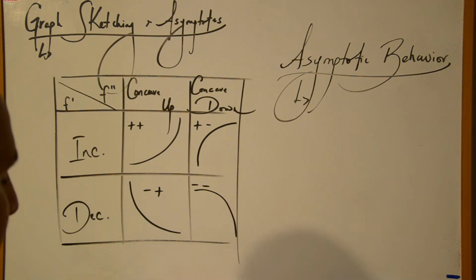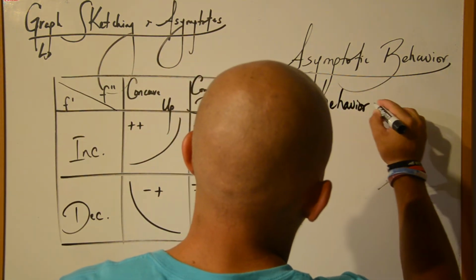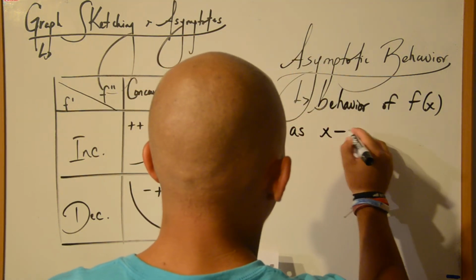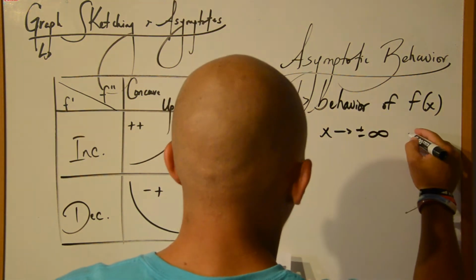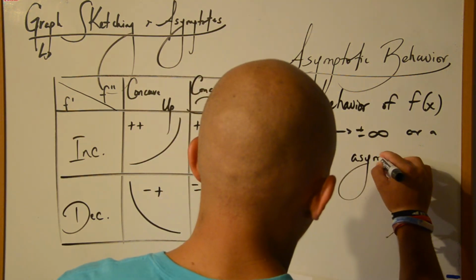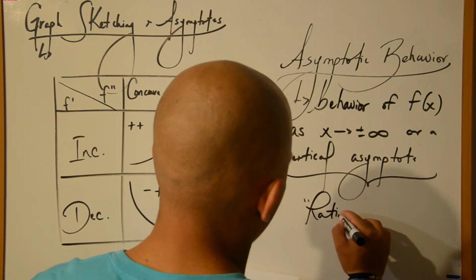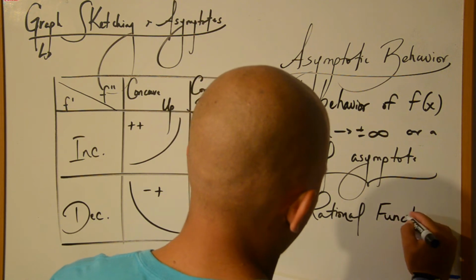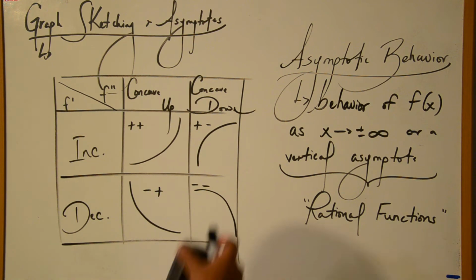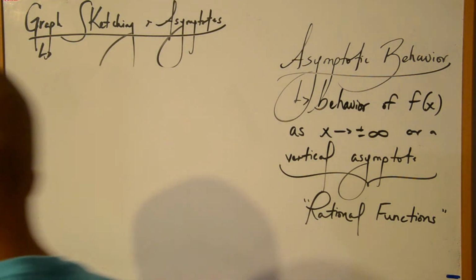And just a reminder that asymptotic behavior is the behavior of the function as x approaches positive or negative infinity, or a vertical asymptote. This is something we definitely want to keep in mind when dealing with rational functions. And one final piece of information, just in case you have forgotten,